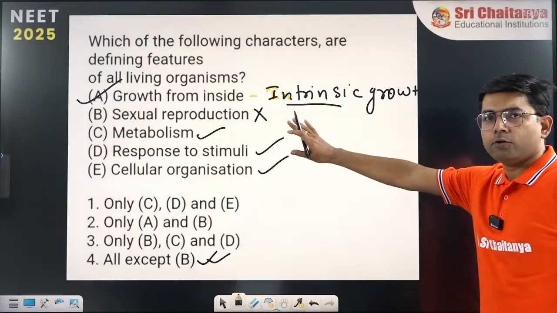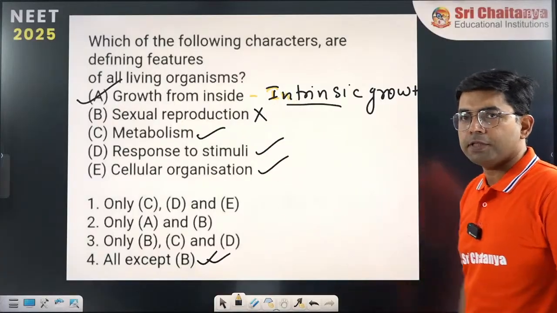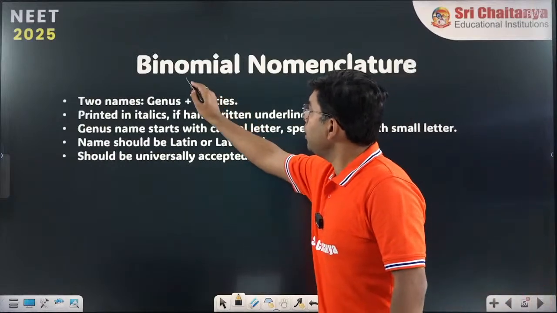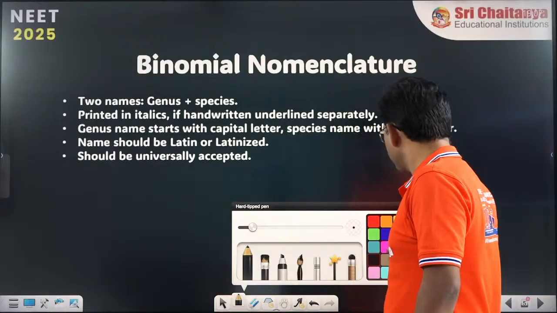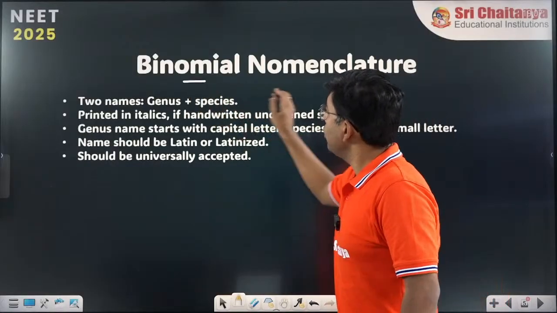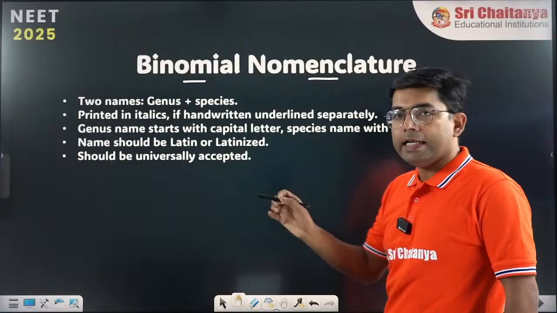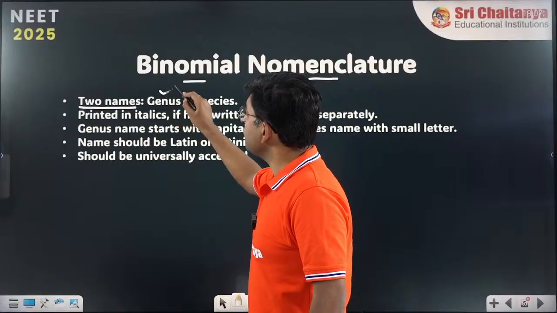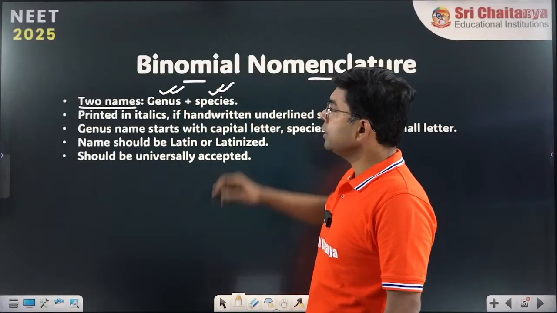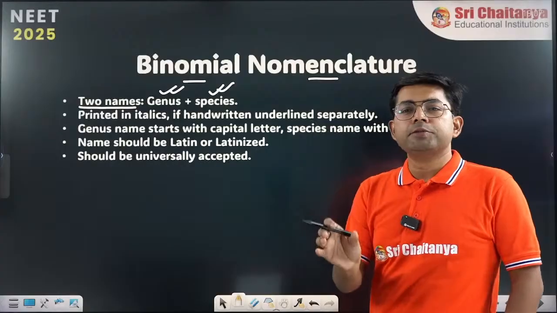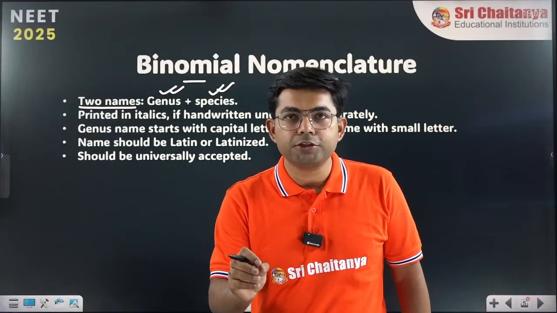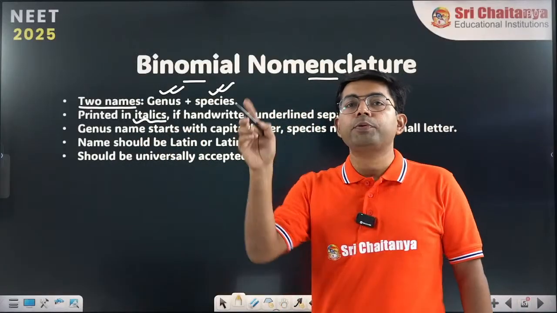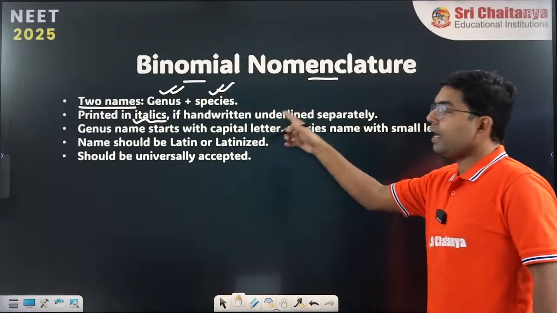So this is the basic kind of question which is asked from this topic. Now the next thing, last class we talked about, is binomial nomenclature. This binomial nomenclature was given by Carolus Linnaeus and it consists of 2 words. The first one is the genus, the other is the species, and these names are derived from which language? It is the Latin language, and they are written in italics when printed, but when handwritten,